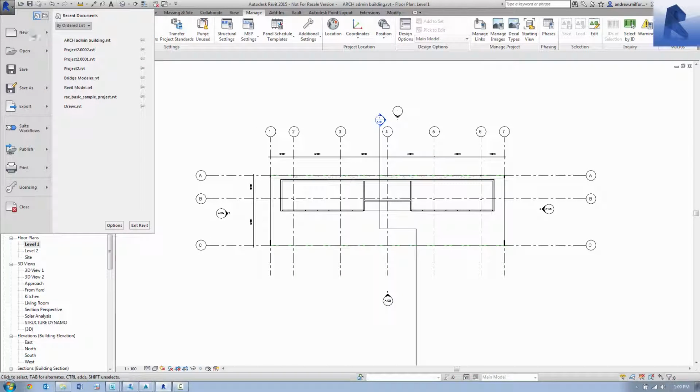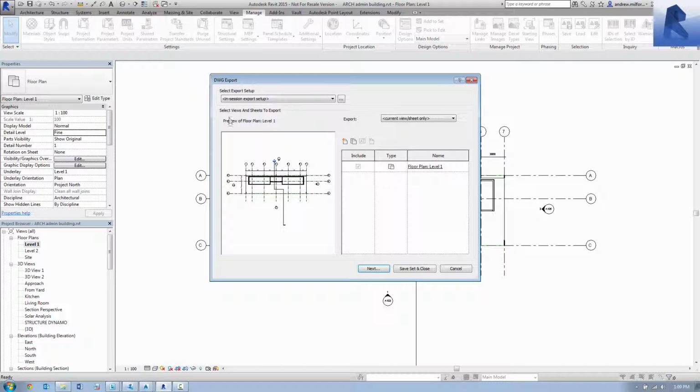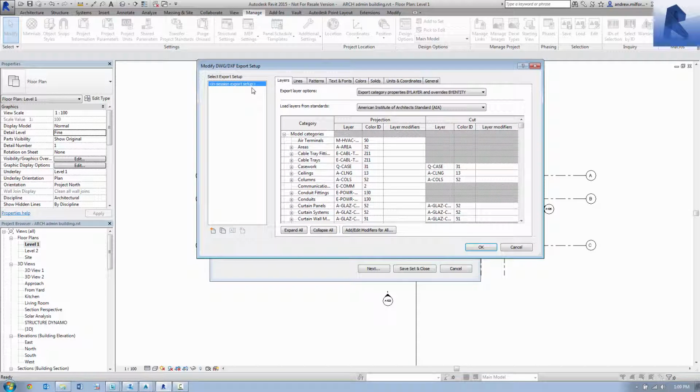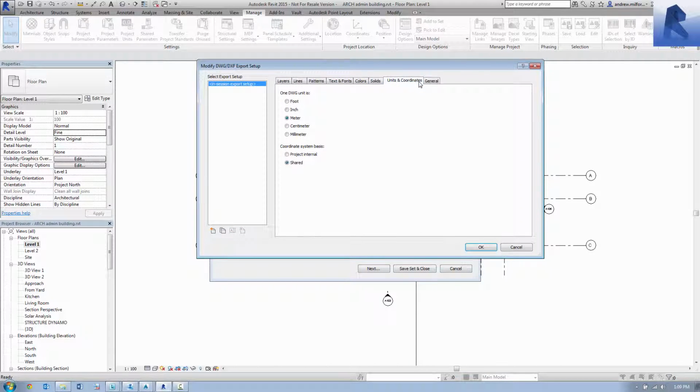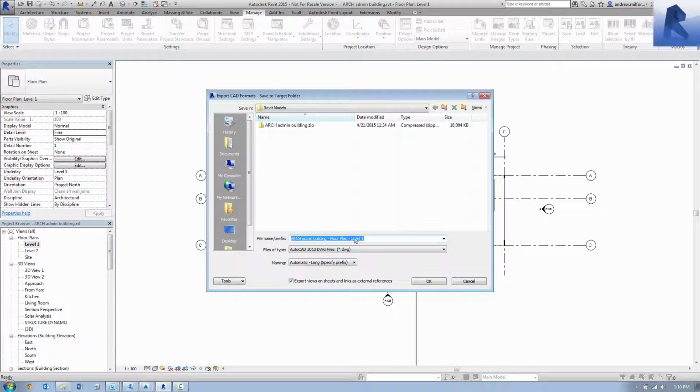Now all we need to do to confirm is within Revit, we're just going to export our plan to CAD, just making sure that our units and coordinates are set up the correct way. We just need to make sure that our export units are set to meters and that we're using the shared coordinate system. We hit Next, save the drawing out as we normally would,